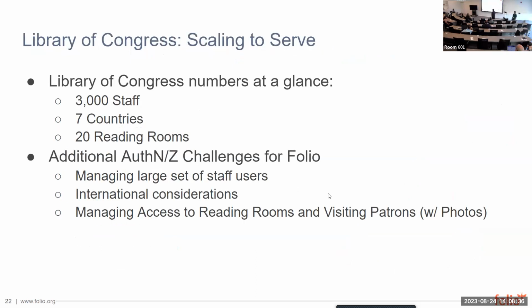So the Library of Congress is scaling to serve. It's got a very large number of people who will be using this. There's 3,000 staff in all. It deals with multiple country requirements, and it has reading rooms, which are not necessarily a concept that Folio has explored supporting. So these are all challenges that drive us to take a closer look at what Folio can do for authorization, authentication, and how to take it to the next level to address these needs. So I think that leads to the next set of slides,